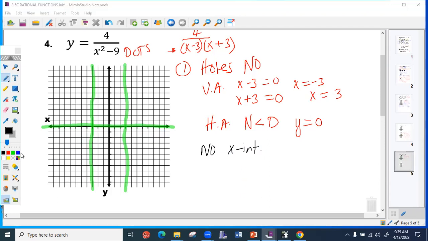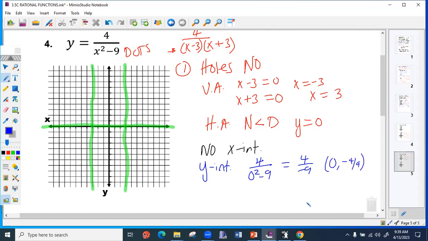Can there be a y-intercept? Yes. How do we find our y-intercept? We plug in 0 for x. So everywhere there's an x, we plug in 0. So we have 4 over 0 squared minus 9, which is just 4 over -9. So our intercept is going to be at 0,